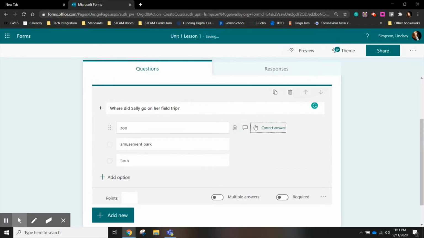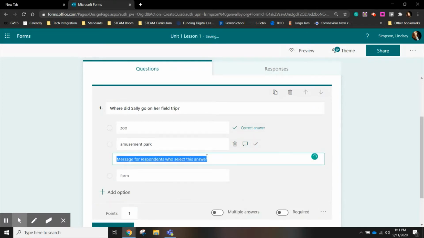Microsoft Forms will try to self-correct any quiz that a student completes. So multiple choice is very easy to correct. You choose the correct answer and you give it a point value. And when the students choose the answer, Forms will say if it's right or wrong and assign the students those points. However, if I want students to get a message if the answer is wrong, if they chose amusement park